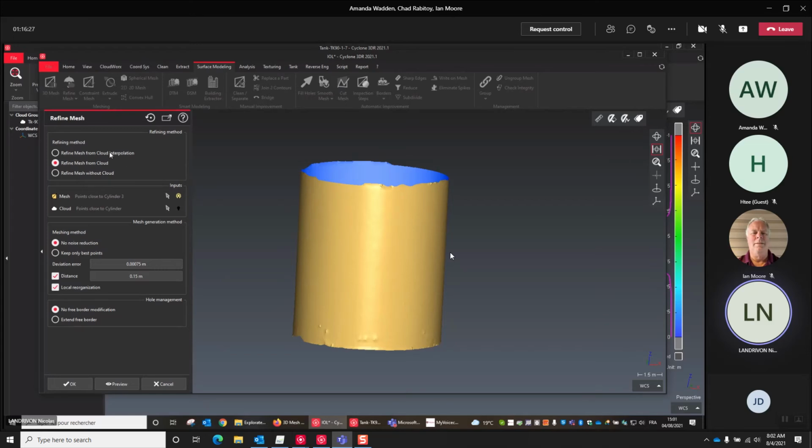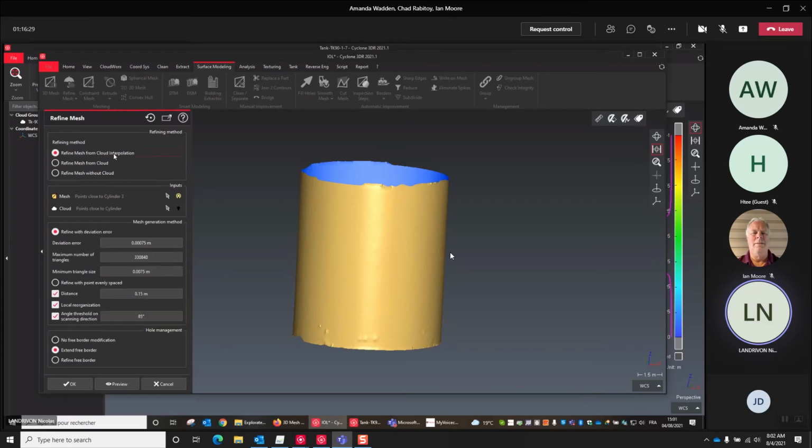What you're usually going to use is the cloud interpolation, in order to remove this orange skin effect, the noise, and to have a smoother surface which is very close to the model, because what you're going to do is modify the rough mesh. And you would say, okay, now refine with deviation error. It means the maximum deviation. Let me take a lower value just to speed up the process.